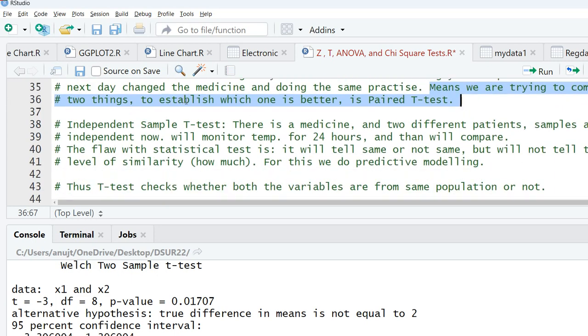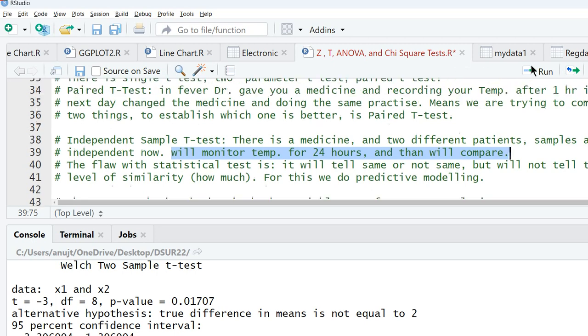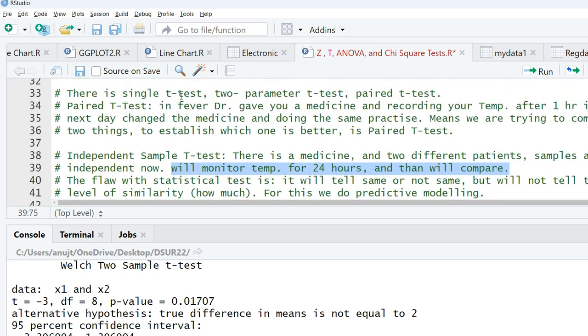Now, independent sample t-test. There is a medicine and there are two different patients, and the samples are independent. We'll monitor temperature for 24 hours and then compare for two different patients. The patients are different. In the first case, in the paired t-test, the medicine